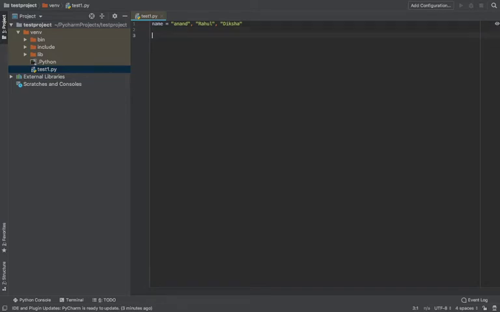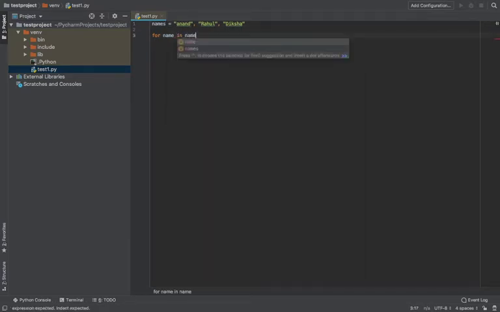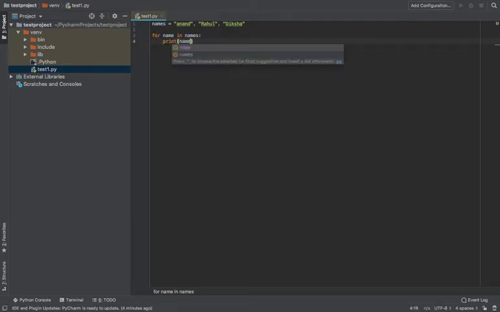Then I will print the full names. Print names. Okay, save that. When you run it, it will give an error.